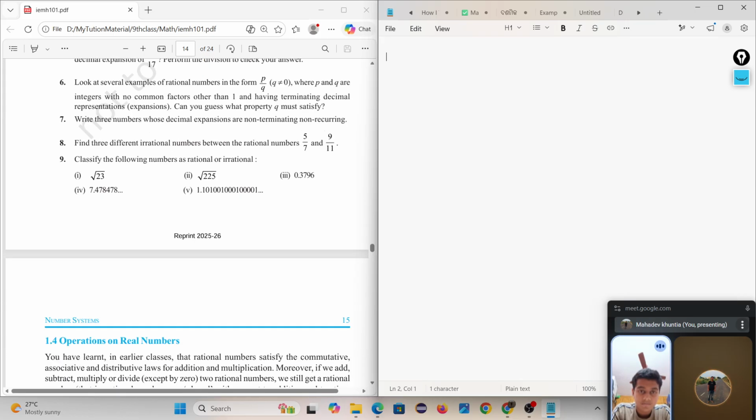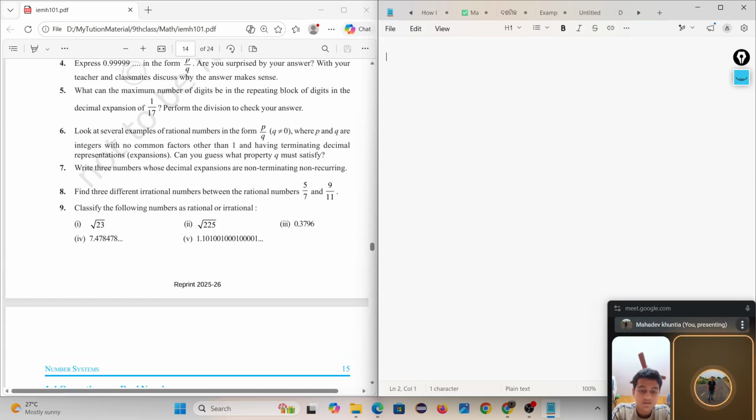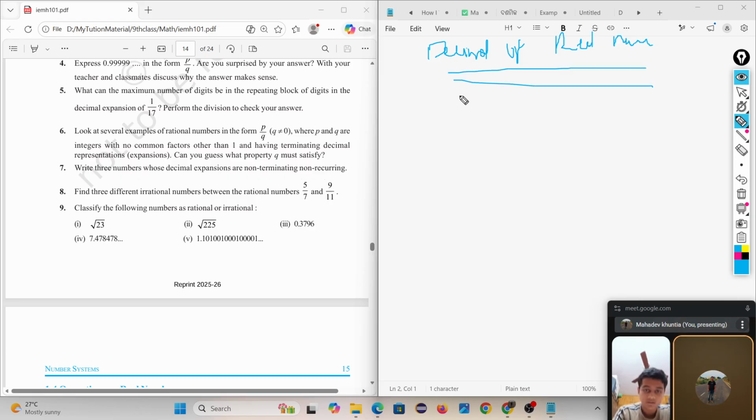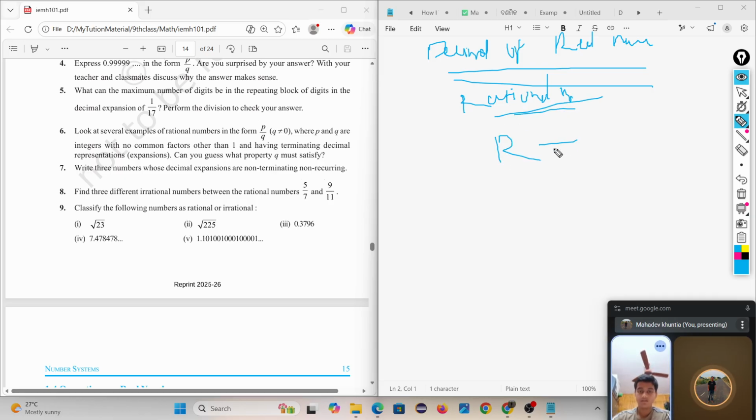Okay. Look at question number 6. Look at several examples of a rational number. Look, in the last class, if you remember, we discussed decimal expansion of a real number. In this, we studied decimal expansion of a rational number. If remainder equal to 0,